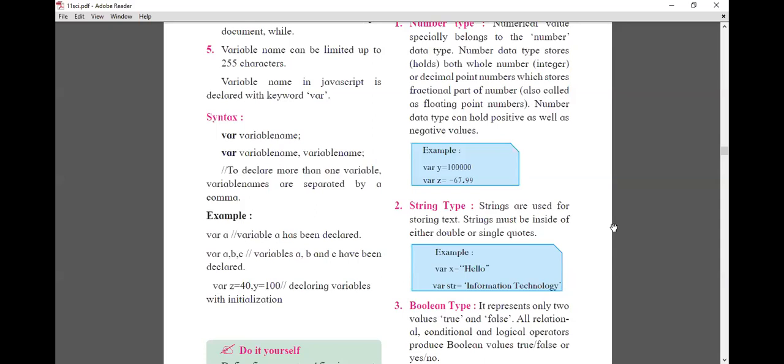It can be asked in fill in the blanks, it can be asked as an MCQ, it can be asked as a straight true or false also. So this sentence is very important: the var keyword is used to declare a variable in JavaScript. Clear? Okay, now